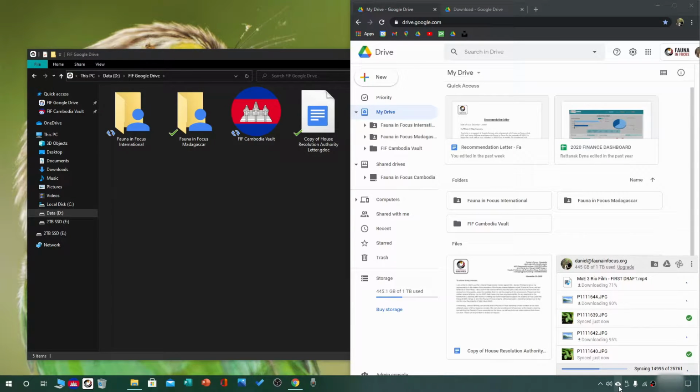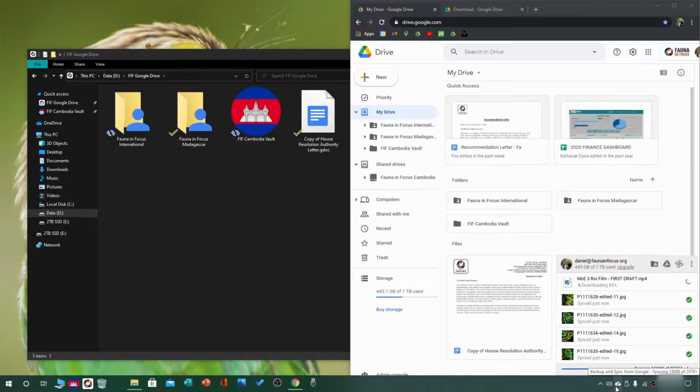So for us, what this means is that all of the computers have all of the files that they need always up to date on their computer. There's a few things to consider about this. Number one, syncing and downloading and uploading your files can use a lot of data because videos can be huge, for example. PowerPoints can get pretty large, and if it's a large photo library, that can take a lot of data and